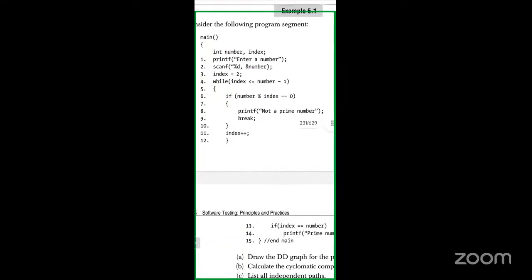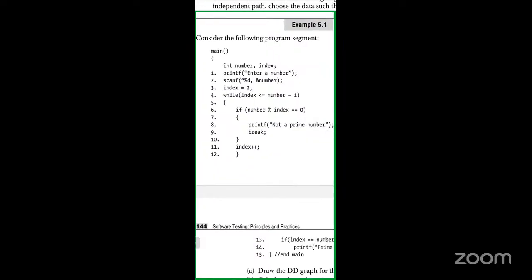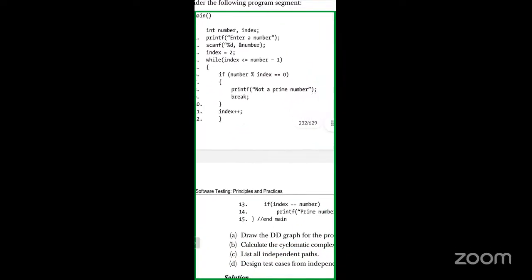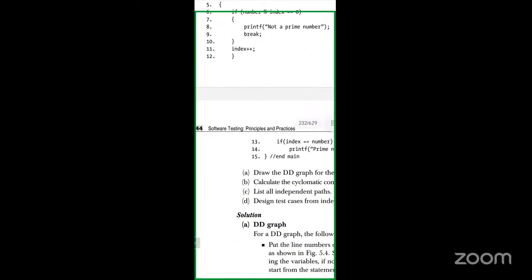So that is while index less than or equal to number minus 1. So if you are giving number as 5, we have to check for 5 minus 1, that is 4. So index less than or equal to 4. So if index is less than or equal to 4, that is 2 is less than or equal to 4, then we have to go for number divided by index, that is 4 divided by 2. So if it is equal to 0, then we have to print it as not a prime number. Okay. So if it is okay, then we have to go for